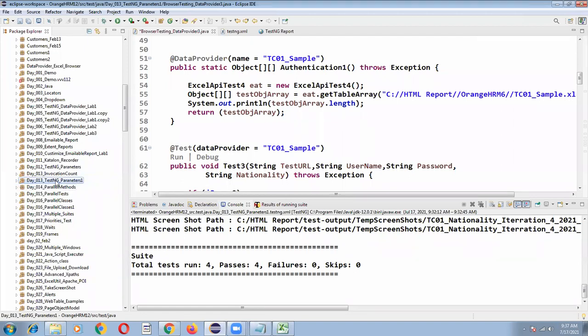Okay, this is the main big concept. In this concept I have included data provider, I have included parameters, and I have written my data driven test efficiently. So ensure that you practice, or do add jobs or add locations or any of the labs by yourself, so that you can get confident on this lab. That's it on day 13.